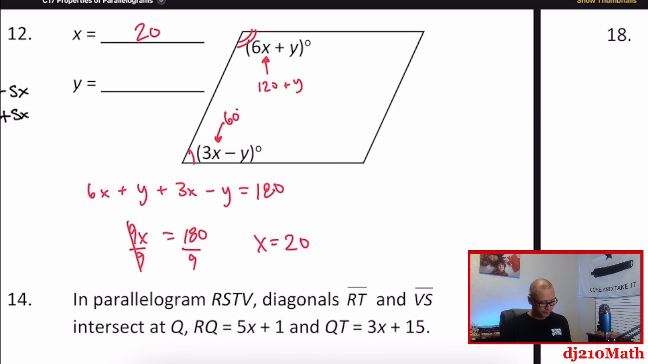What number is this? 12. Hey, look at that. Okay, I was correct. So in this particular case, because we know what x is,